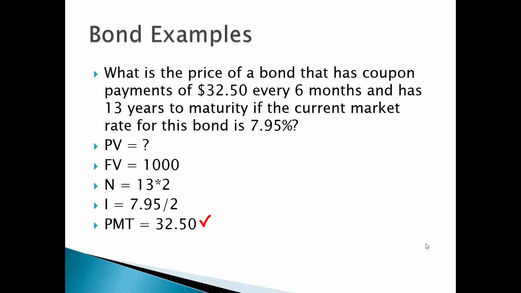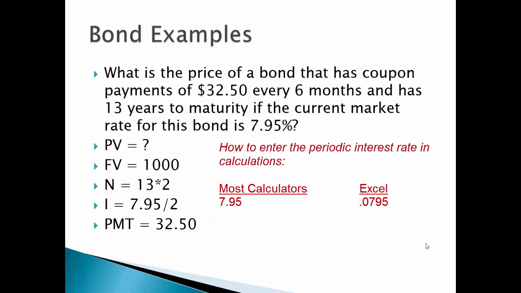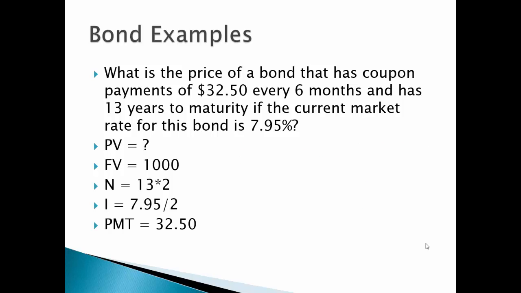Now, a quick note here on the interest rate. For many calculators, you input the interest rate like this, where 7.95% is entered in as 7.95. In Excel, on the other hand, 7.95% would be 0.0795. So depending on whether you're using a calculator or Excel to do the calculations, make sure you know how to enter the interest rate. One thing you'll notice, hopefully, if you do it wrong, whenever you come up with the result of your calculation, the answer will be nonsensical, and you'll realize that you've done something wrong and maybe go back and fix the interest rate if that's the mess up.